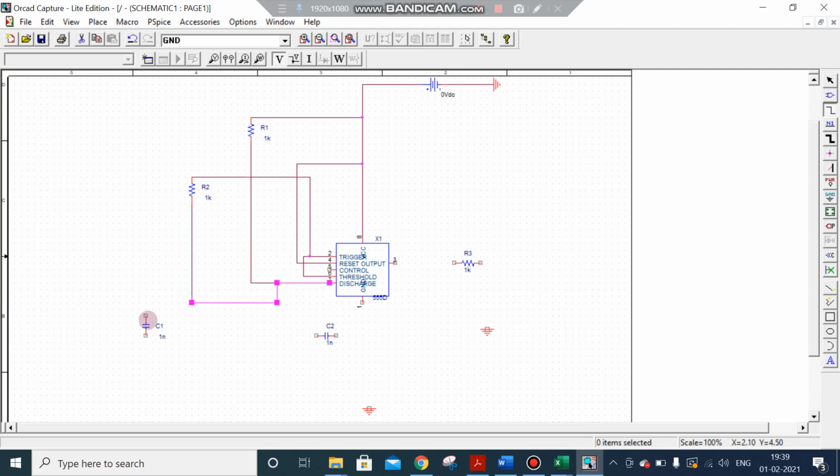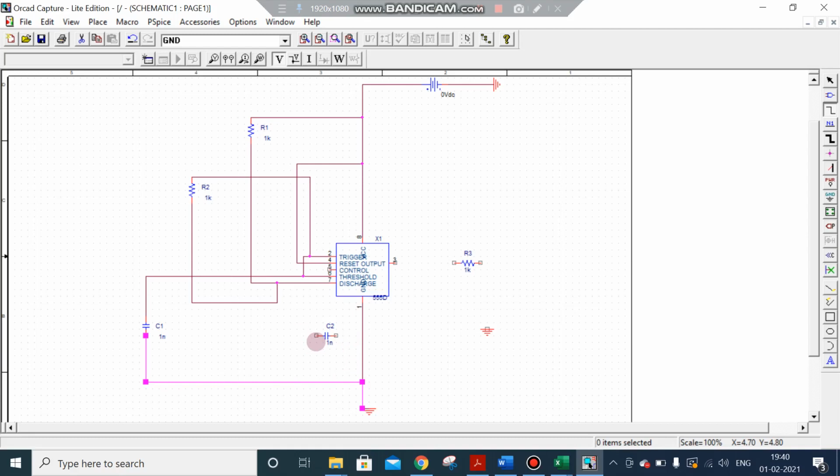Then this capacitor should be connected between sixth pin and ground. So first pin we will connect to the ground. With that we can connect here to ground. So this capacitor is connected between sixth pin and ground.